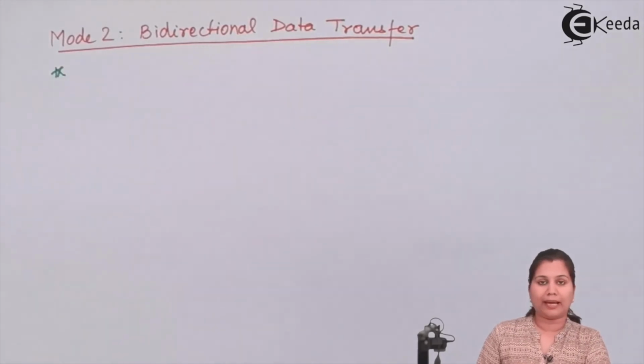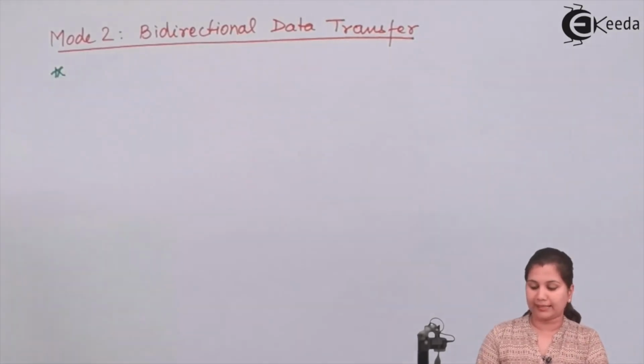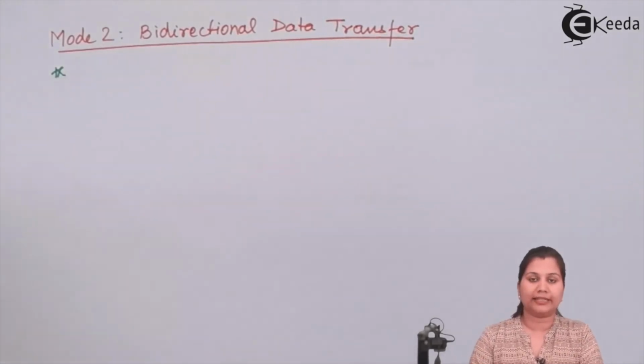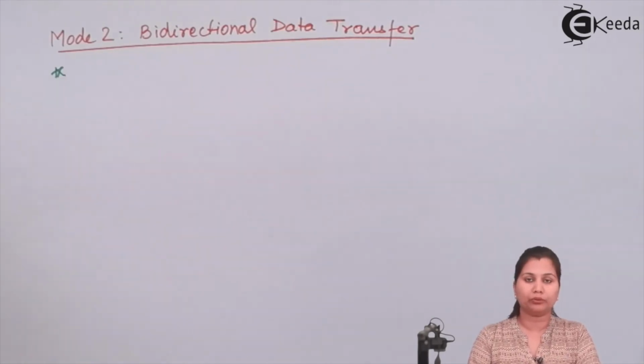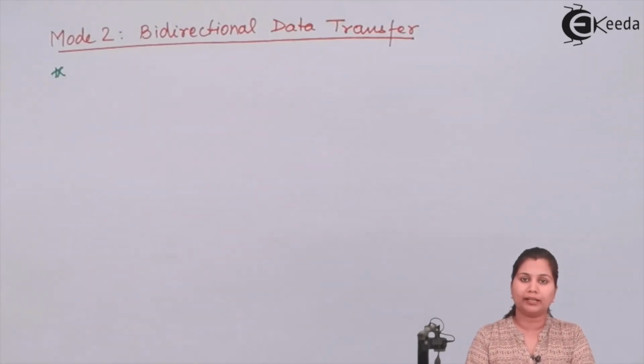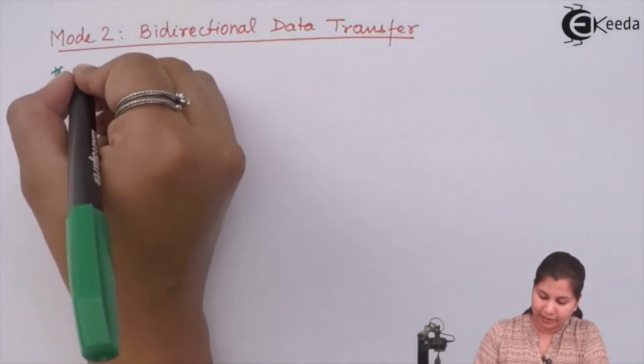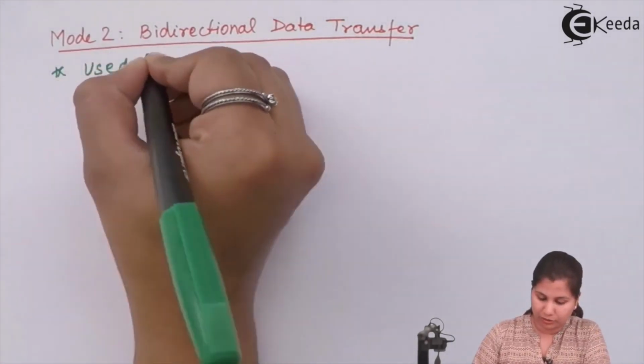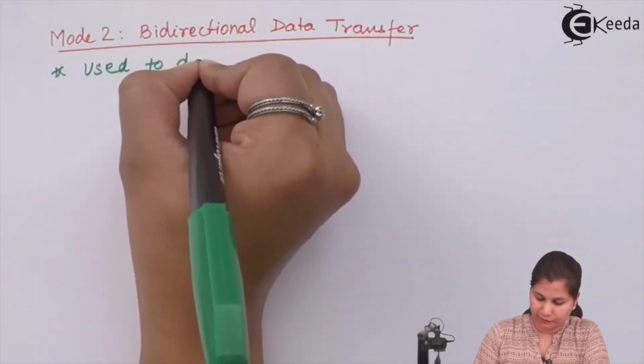Now this mode, bi-directional data transfer, as the name says, means that here the data can be transferred in both directions. So this mode is usually used when we want to transfer data between two computers or between two floppy disks. So we can say that it is used to transfer